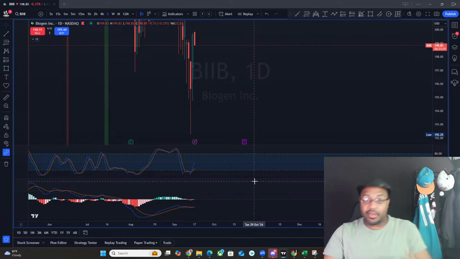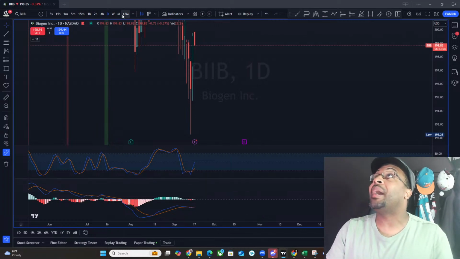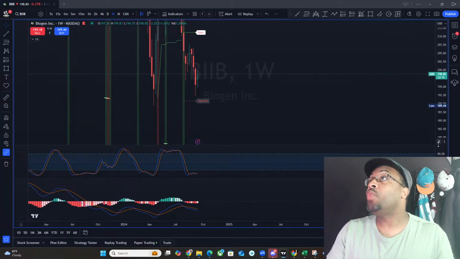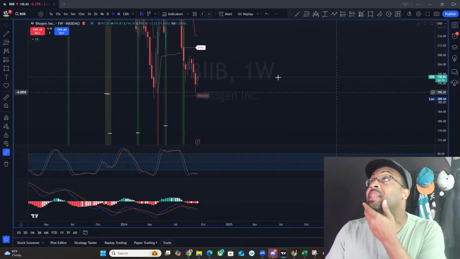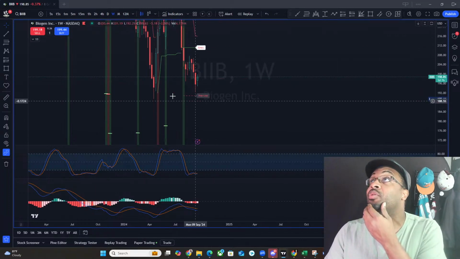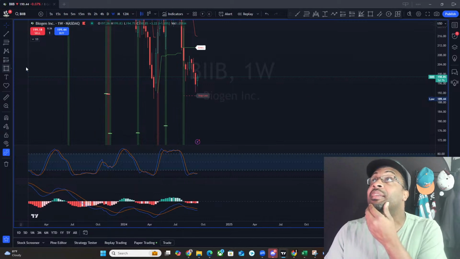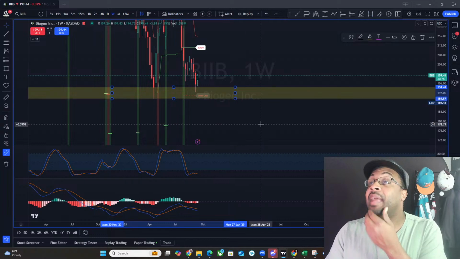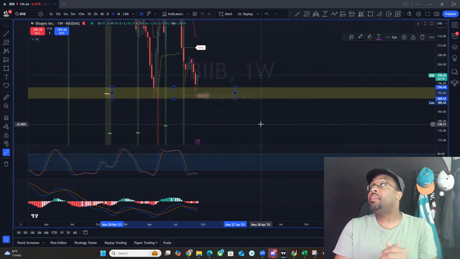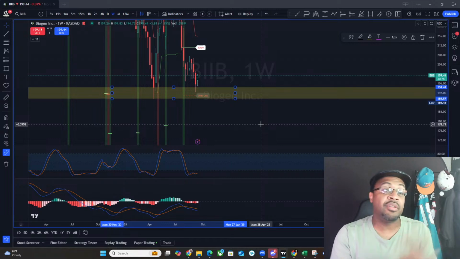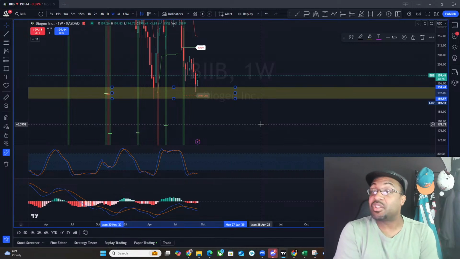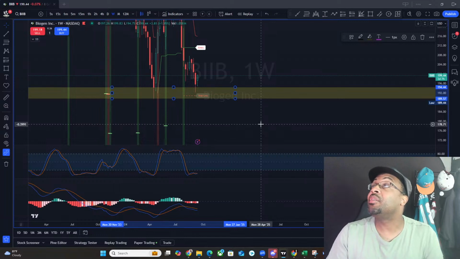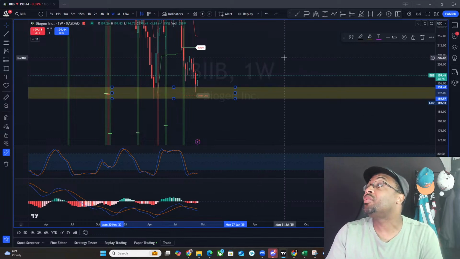Now, here's something I want to point out on Biogen in itself. On the weekly, we're still in a bearish state, so this thing can reverse and then just make some new lows. But I think, and this is just my opinion, might be completely wrong, but I think this is the order block that they're testing right now, roughly around 190 to as much as 195. If it can hold this support, I probably could go ahead and play this up inside of the 206.